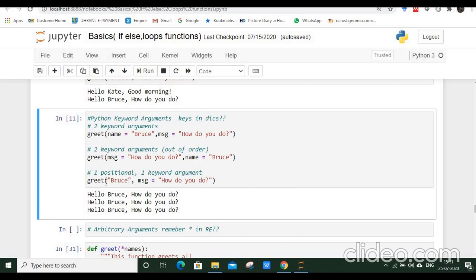So if we pass the values in this way, like here I am passing the value Bruce and also I am mentioning the value of the message, then obviously this is going to tell us that this particular value is for the message parameter. That is, how do you do is going to be assigned to message, whereas the other value is going to be assigned to the first parameter, that is the name.